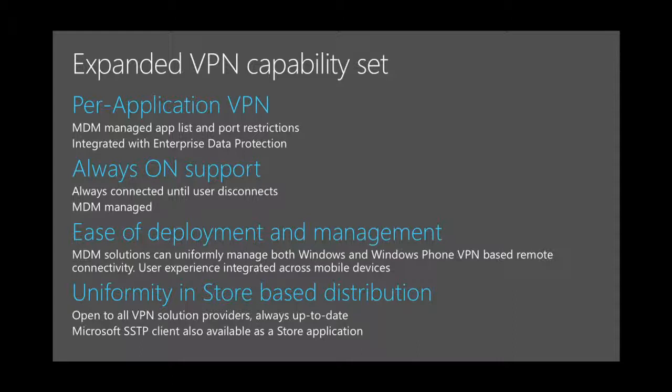In addition, you also have EDP controls over the VPN. You have per app VPN, enlightened app or non-enlightened app. You can check out whenever a VPN needs to be brought up. You can have VPN always on if you want all the traffic to be checked while you have that. And again, it's all MDM based as such.